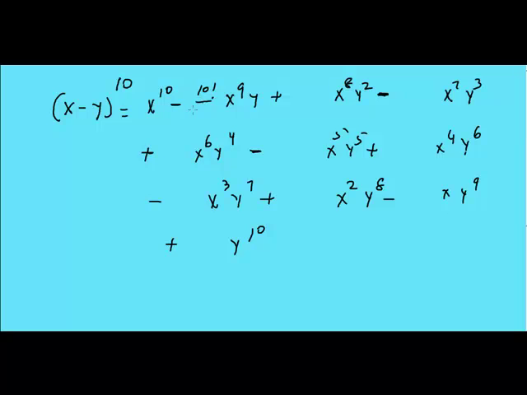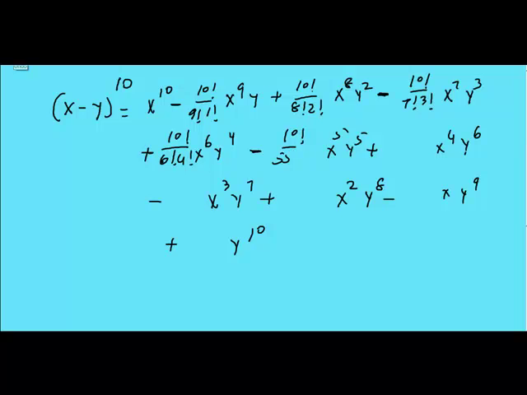That's 10 factorial over 9 factorial times 1 factorial. And this would be 10 factorial over 8 factorial times 2 factorial. This would be 10 factorial over 7 factorial times 3 factorial. This would be 10 factorial over 6 factorial times 4 factorial. This would be 10 factorial over 5 factorial times,